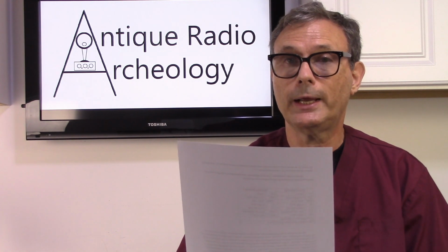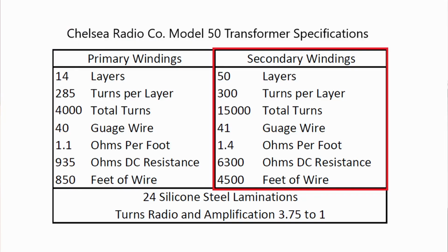On the secondary, there are 50 layers. There's about 300 turns per layer, so that's about 15,000 total turns. They're using 41 gauge wire, which is a little bit thinner. That has a DC resistance of about 1.4 ohms per foot. Using my 6,300 average ohms DC resistance that I'm finding on looking at several transformers, I have about 4,500